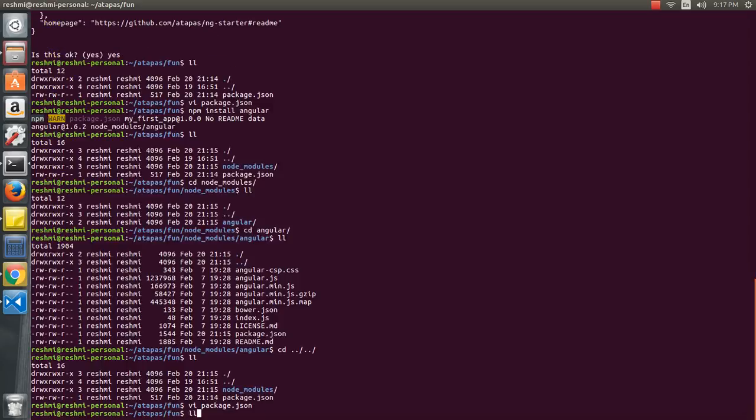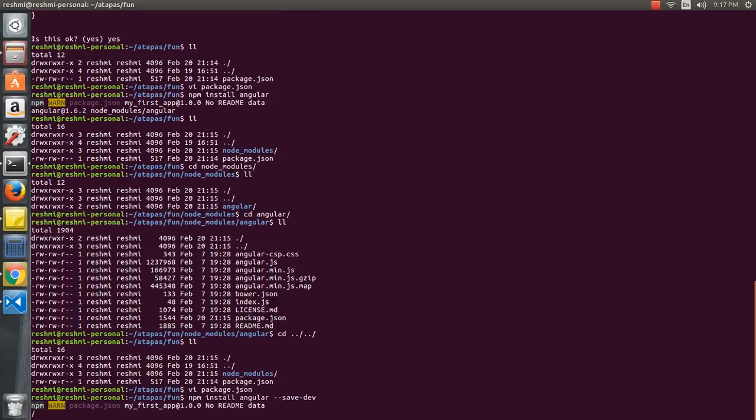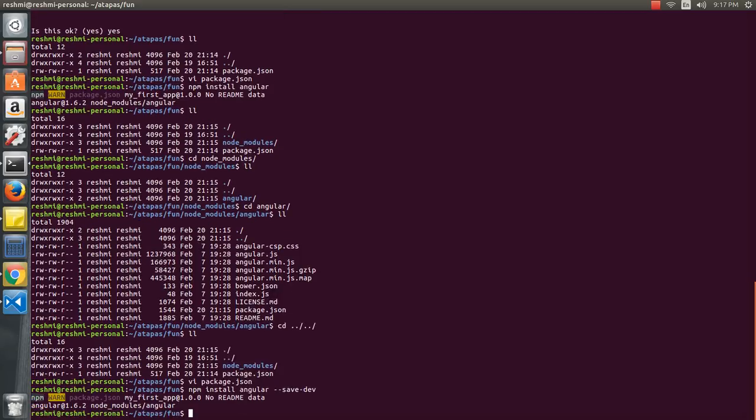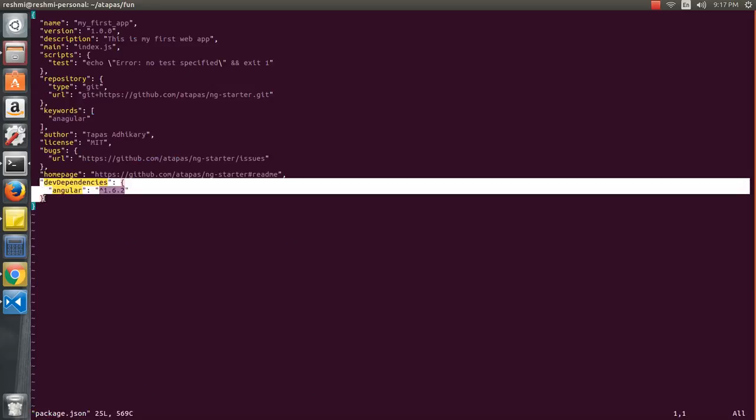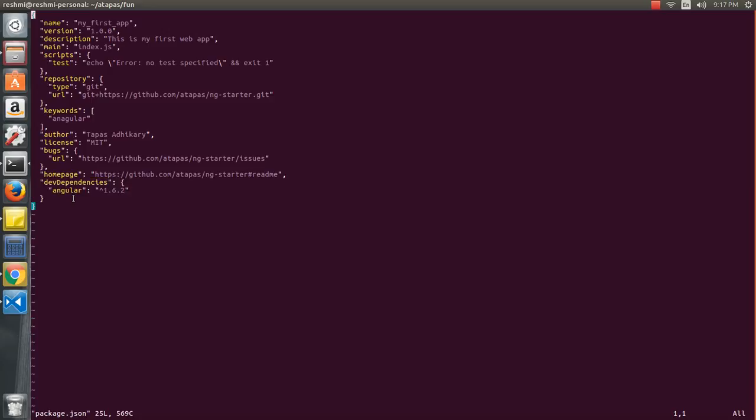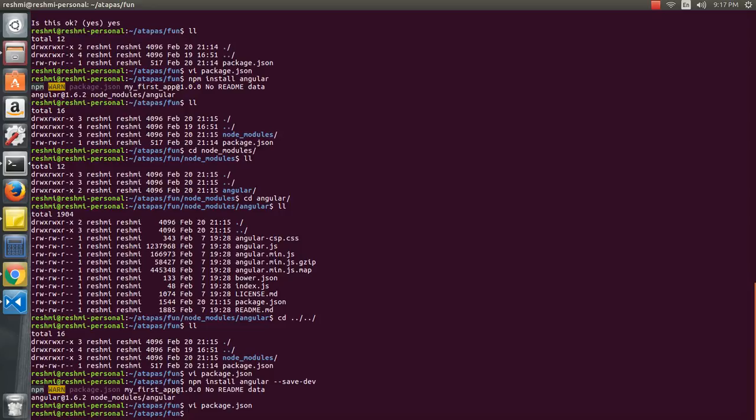Again, the same command. While you are installing AngularJS, you just need to add save dev, and once you install AngularJS, now you see in the package.json file, a dev dependency called AngularJS got added, right? So like this, if you need any other library, so for example npm install